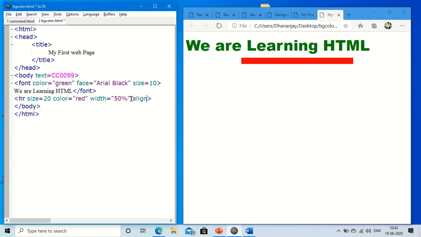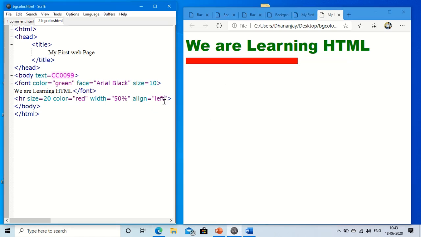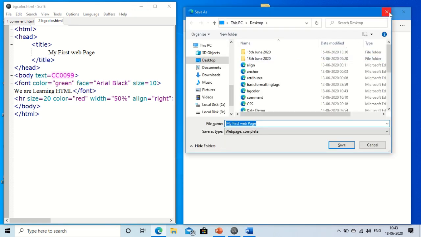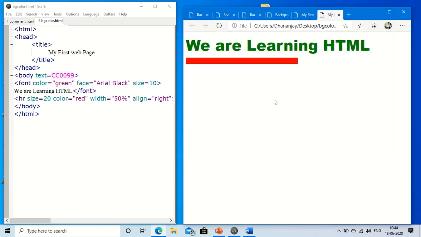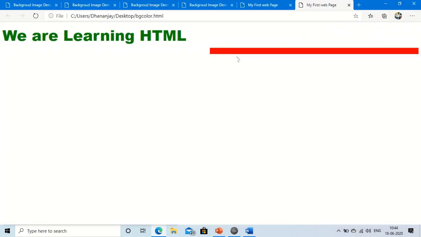By default it is appearing in the center. Align is equal to left. Let me save and refresh it. You can see it is appearing on the left. If you want it on the right side, you can give right. So this is up to you. You can use it as per your requirement. Let me refresh. You can see this is appearing on the right side, right?